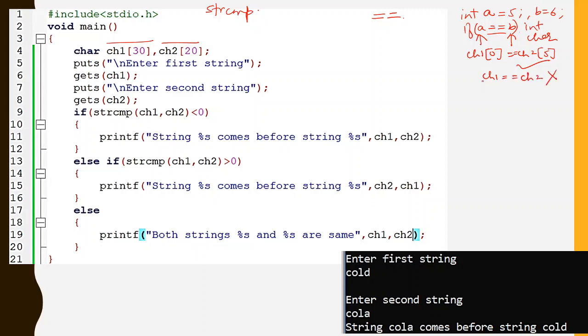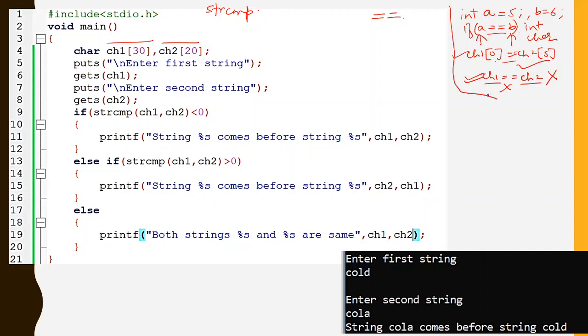This is not allowed, because ch1 has multiple characters and ch2 also has multiple characters, so this operator does not work on multiple characters. But if you are using a single element for comparison, that is ch1[0] and ch2[0], these are both single elements, and comparing them with a comparison operator is permitted. So you have to remember that.